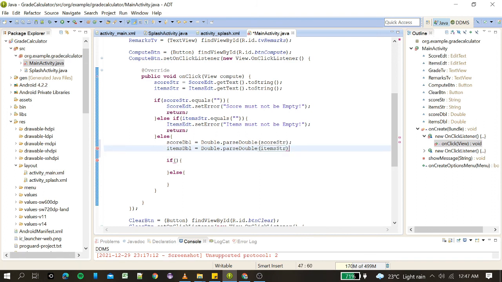So, this time, pwede na natin gamitin itong dalawang variable na to sa computation at maging dito sa condition natin. So, ang iti-test natin is whether ang value ng score ay less than